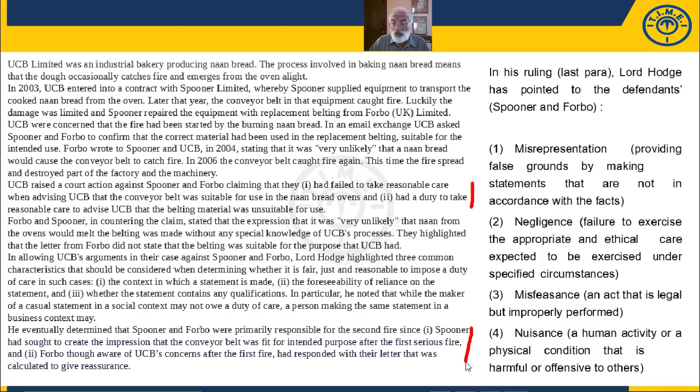It's actually misrepresentation. So, while negligence over here in choice 2 is what UCB was claiming, what the judge is talking about is the fact that they misrepresented the quality of their belt. They gave people the impression that their belt was fit when actually it was not fit. So while we are drawn to negligence because the paragraph discusses it as UCB's claim, what we want is what did the judge point at, and the judge pointed at misrepresentation. So 1 is the answer to this question.